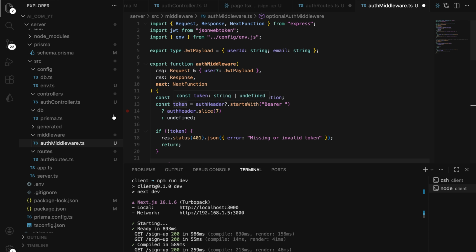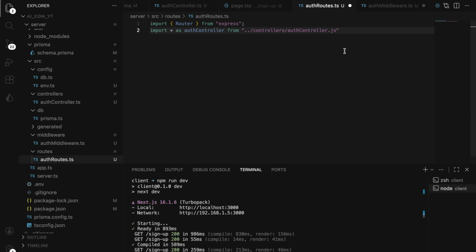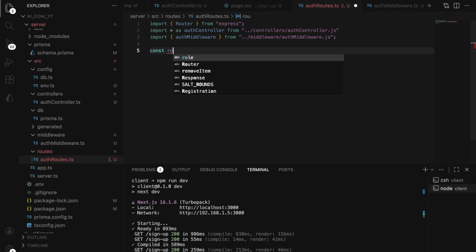So again, let's go to our auth routes, and then we are going to continue with this auth middleware. For this particular route we are going to use the auth middleware, but for a home page like products, seeing, and other routes we are going to use the optional middleware, where any user can see. So now after this we are going to make the router basically. Router is equals to router,